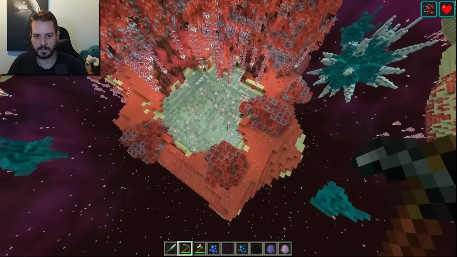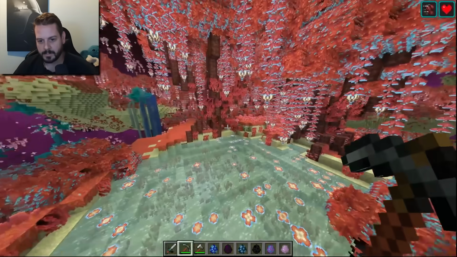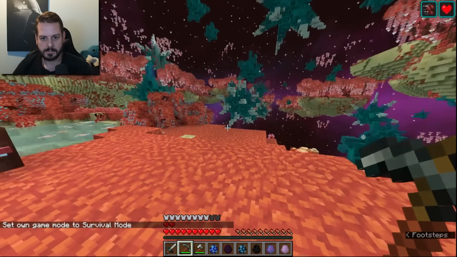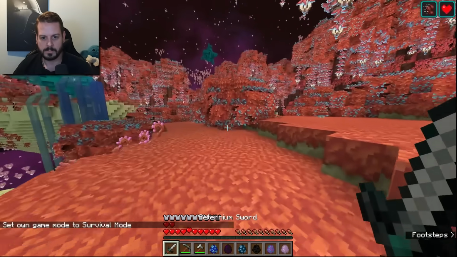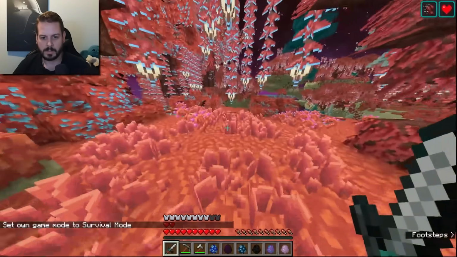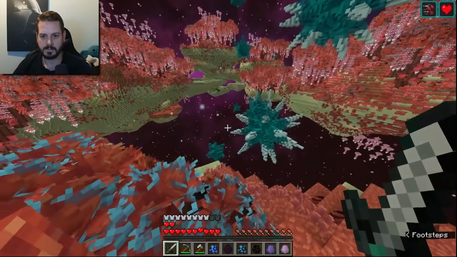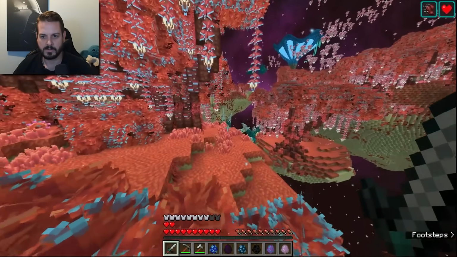Look at that. Okay, I take it back. That's pretty cool. That's pretty awesome. This is cool. I like the water, adding the water to the end. There's no Enderman. I don't know if I hop into survival, I'll have to check the notes. I'll try and put it in the description what the reason is. I'm guessing they've taken Enderman out of the end because I can't see a...